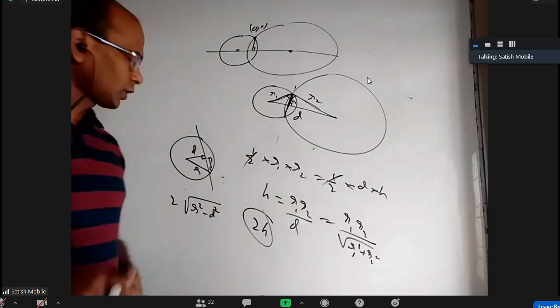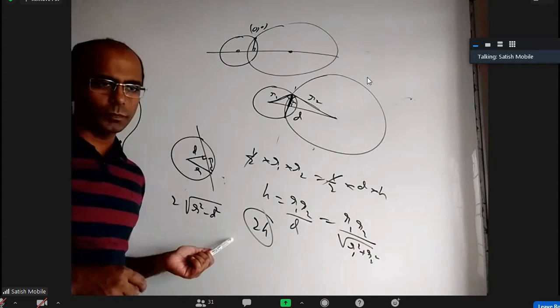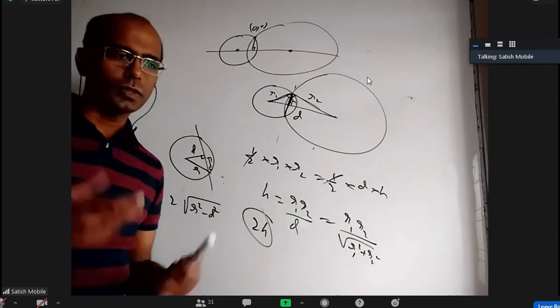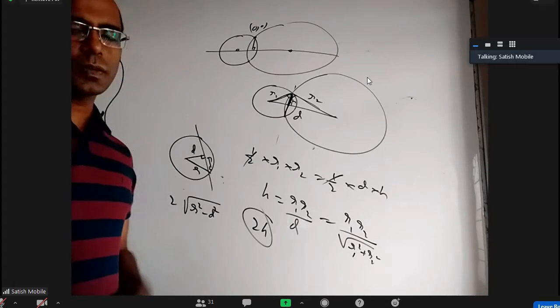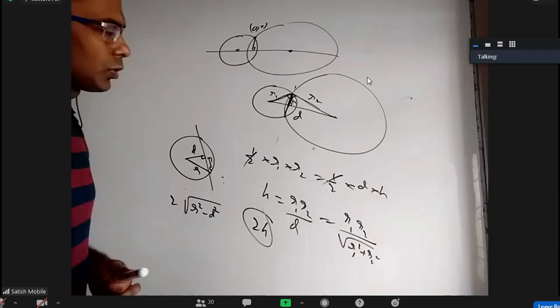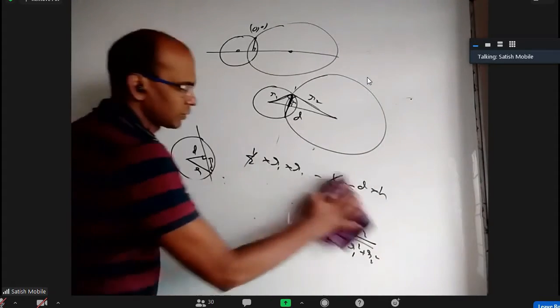So the standard method for finding the length of the common chord is to subtract the two circles, get a chord, and then use this formula. But if they are intersecting orthogonally, or if one of the points of intersection is known, sometimes we can do it easily. Or sometimes, let's say the radii are equal, maybe we can do something. All right, so you have to understand, some of it depends on the question. You can also do an easier method maybe.